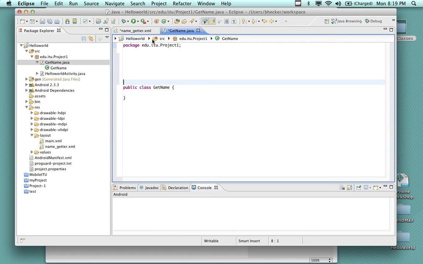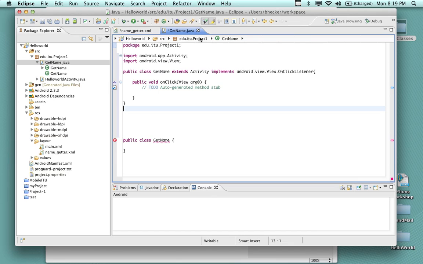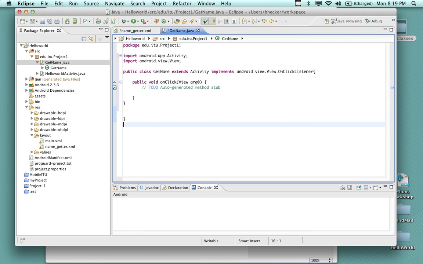I left my package information on the top because it was different than the example. I'm going to paste it. Now you see I've kind of created, oops, get rid of this here. That was my original class. I have an extra closing bracket. So what I've done is I've sort of made this like the original,